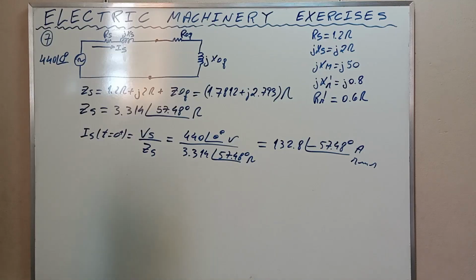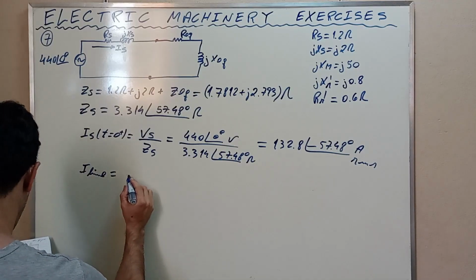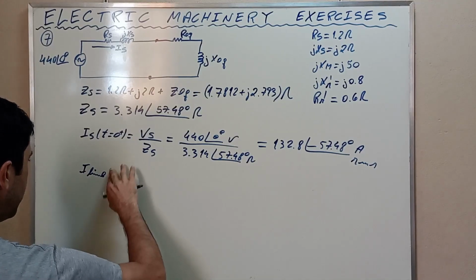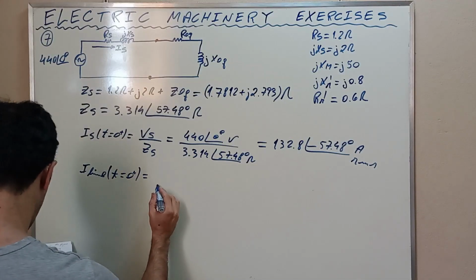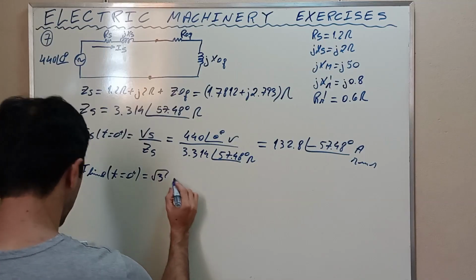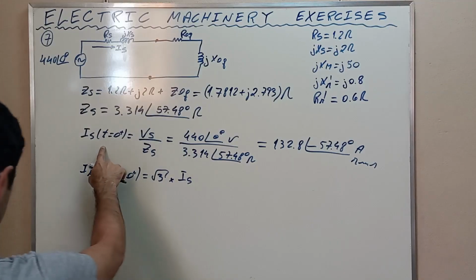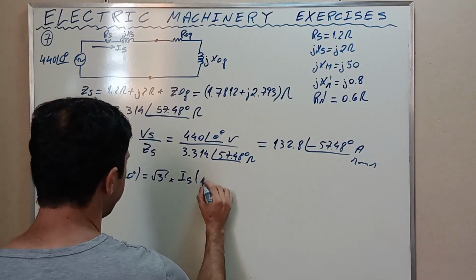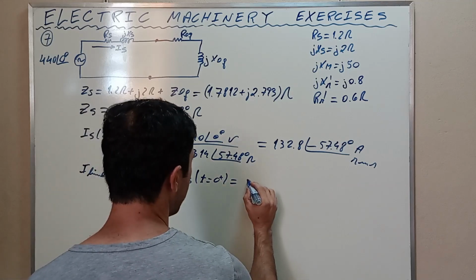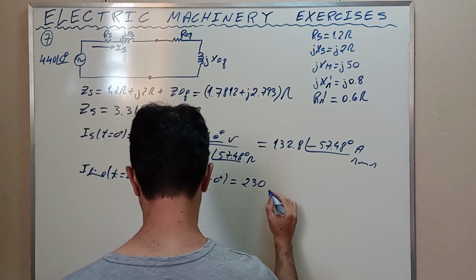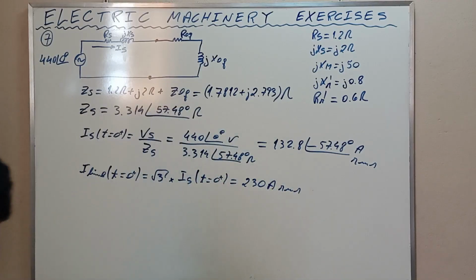So the line current I line at starting conditions is equal to the square root of 3 times IS that we just calculated here at starting condition, and this is equal to 230 amps RMS. Alright, my friends,